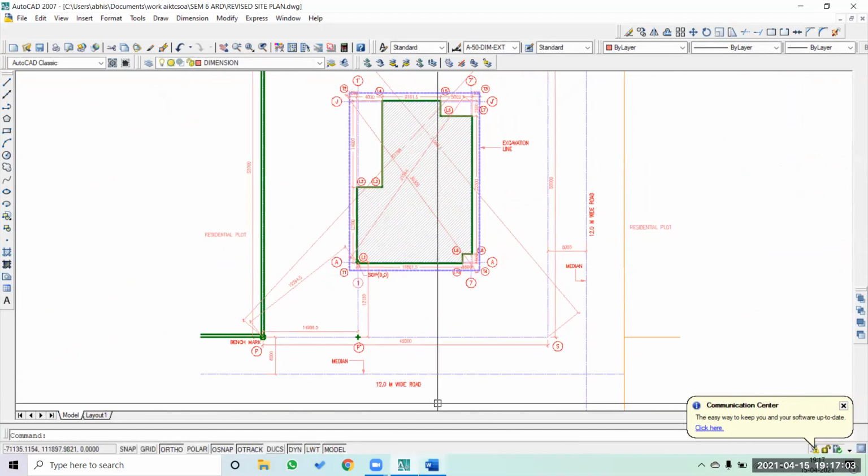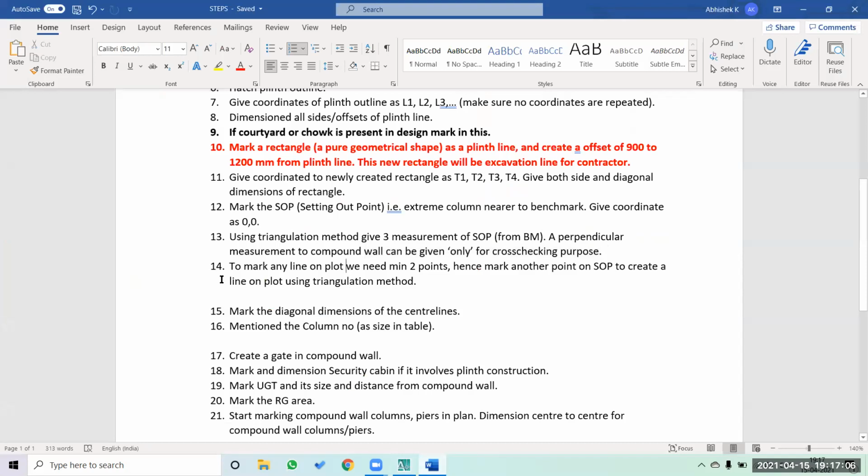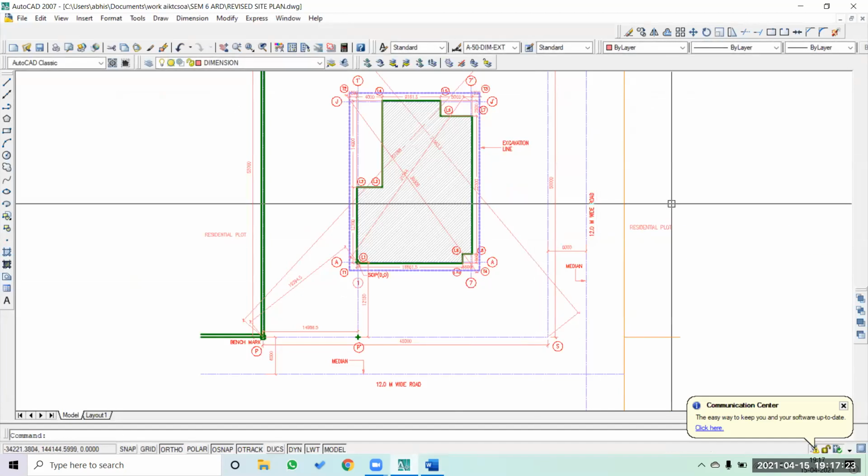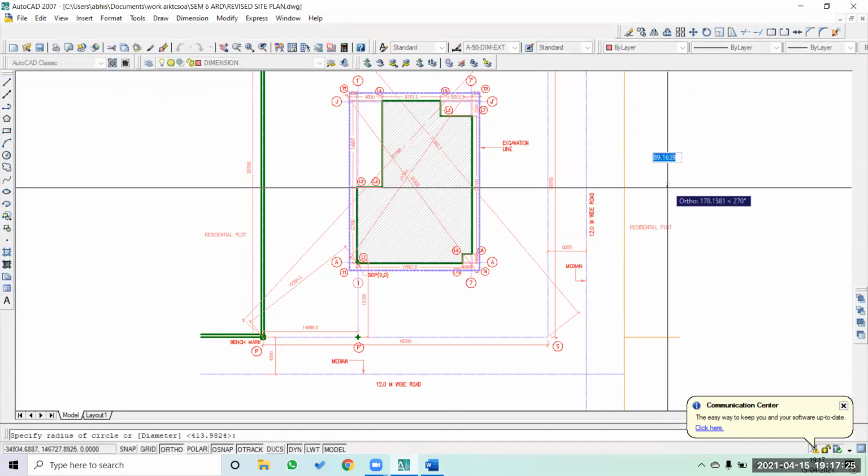The next step after this is to mark any line on the plot. We need a minimum of 2 points. Hence, mark another point on the setting out point to create a line on a plot using the triangulation method. If I want to draw any line, I will require 2 points.